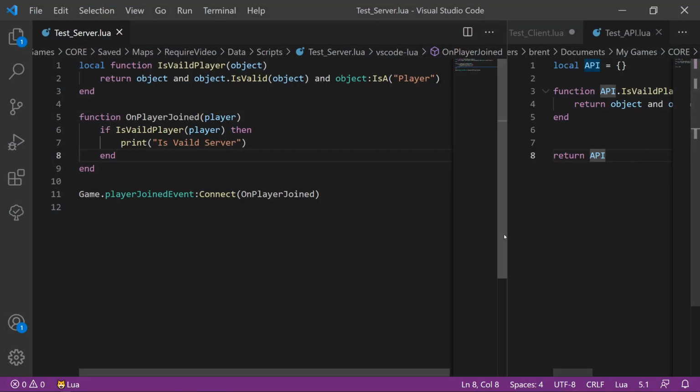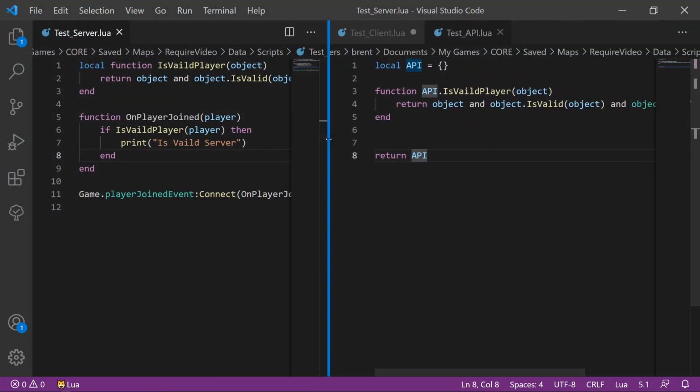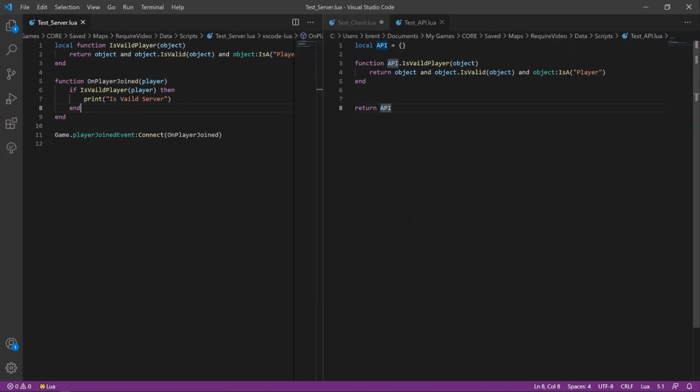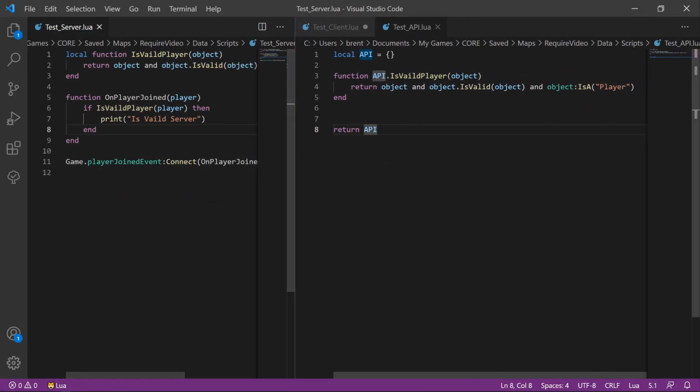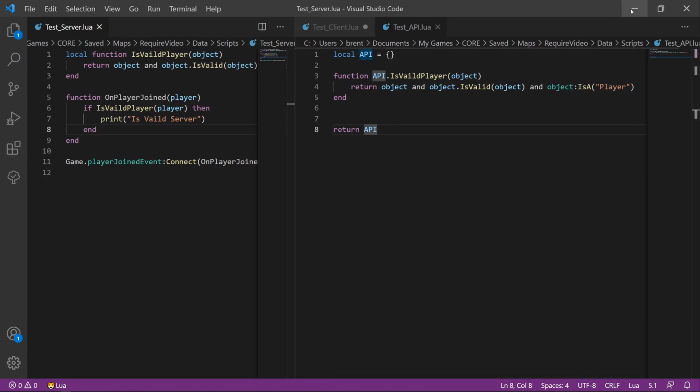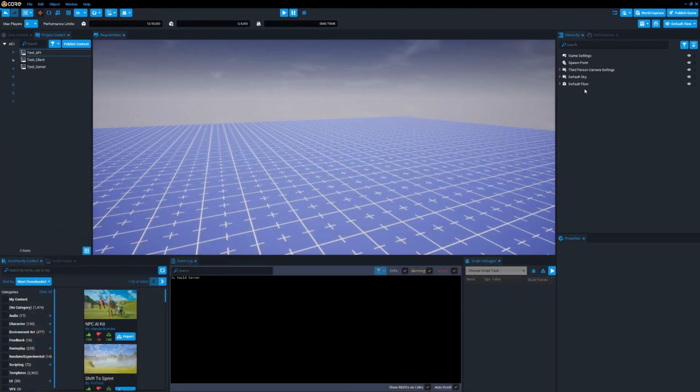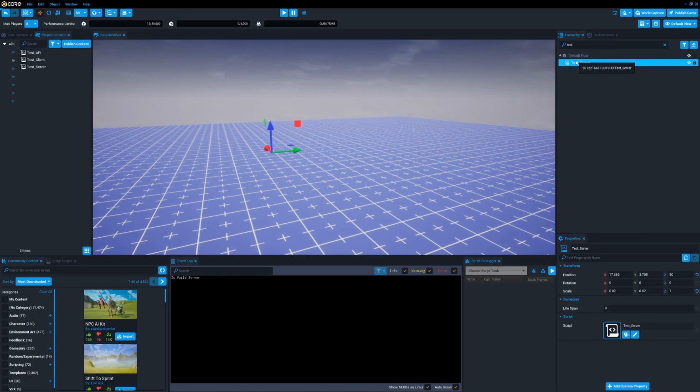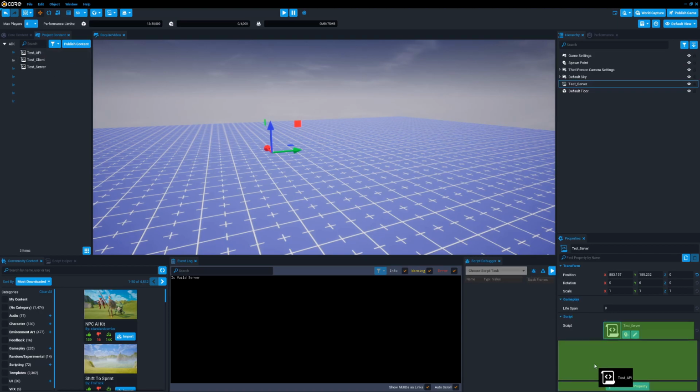And so now we created our require. I know this is very hard to see, I apologize. We created our require script. So now all we have to do, if we're wanting to use this function in our server script, is go to where we have this script. Where is this script? It's under default floor. I don't know how that happened. Okay. So we take test server, and we would drag test API in as a